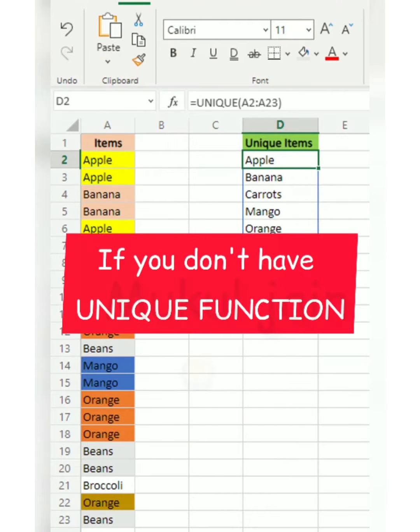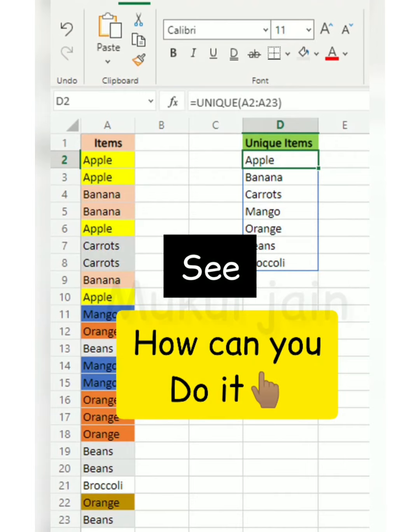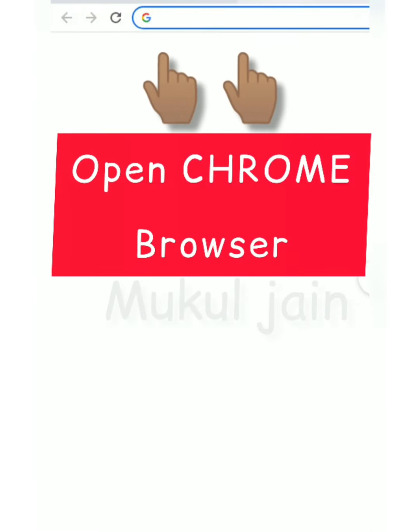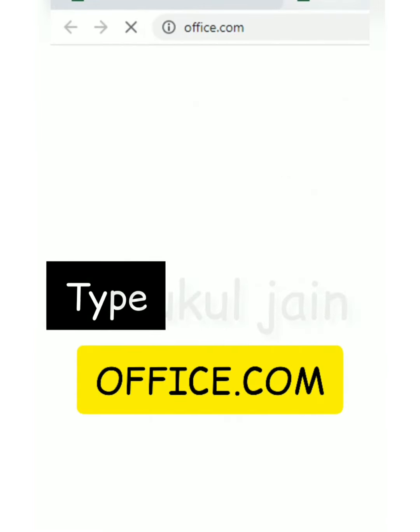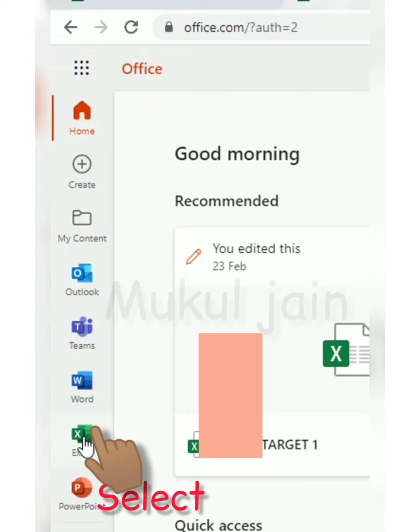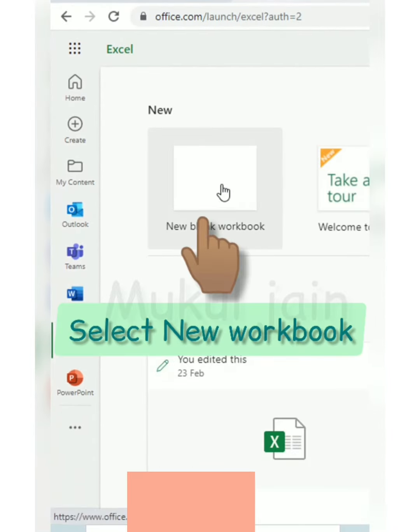If you don't have the UNIQUE function, so what you can do? Open the Chrome and type office.com, select the Excel icon, new workbook,